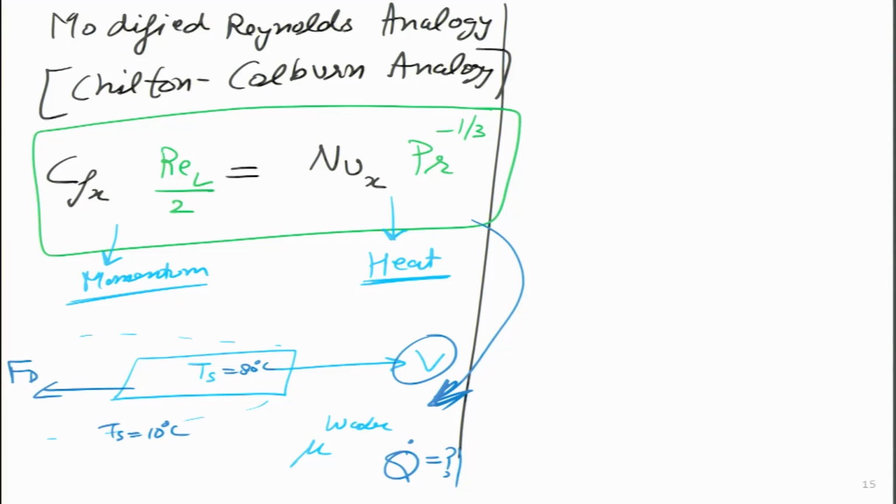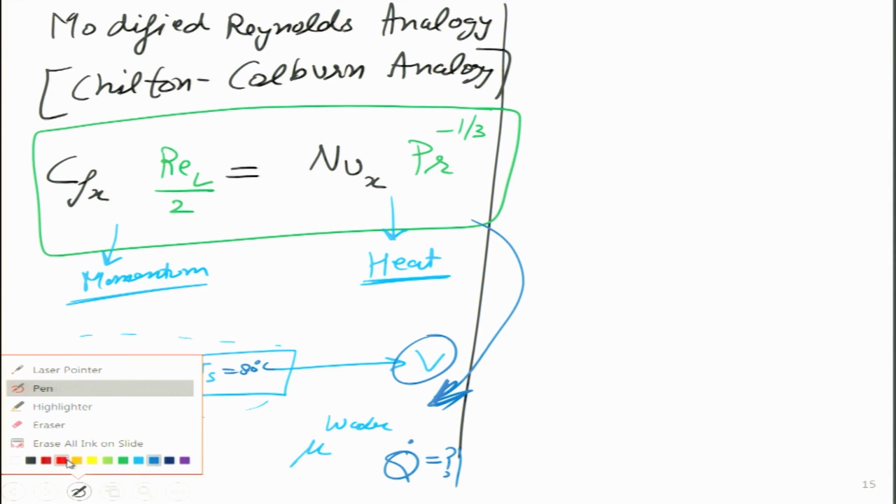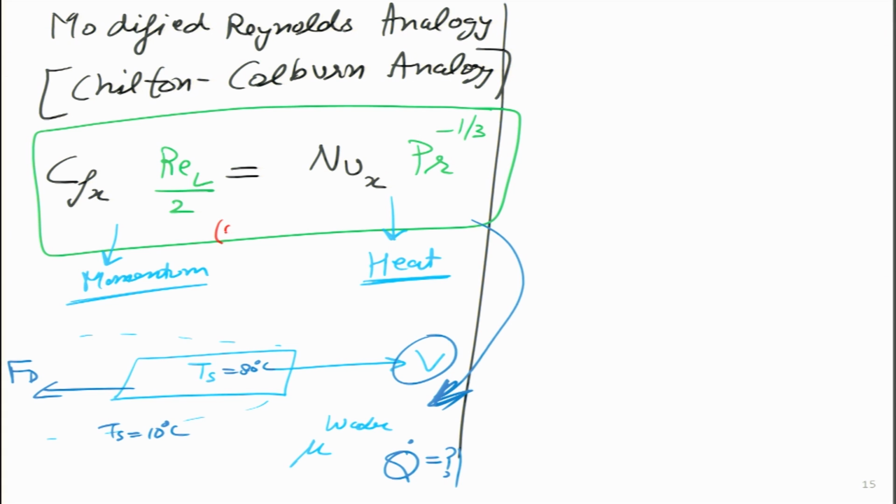So, this is a very powerful relation. So, if some fluid is going over in the water, it could not be just on the surface, it could be a submarine also or some other things. By the way, there are limitations over here that we have shown. So, those limitations I will put in terms of Prandtl number over here. So, this equation is true if the Prandtl number is in this particular range. So, this is the limitation over here, but it is very beautiful that if we know the drag, I can figure out q dot. If I know the q dot, then I can figure out drag. Okay.